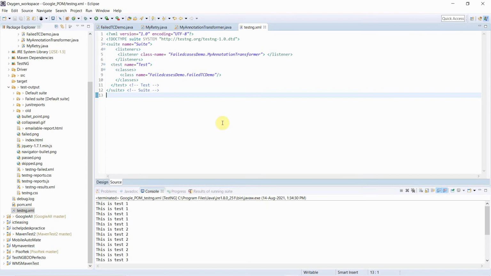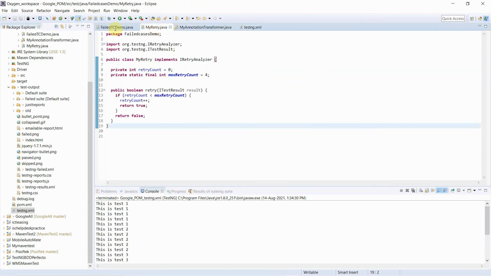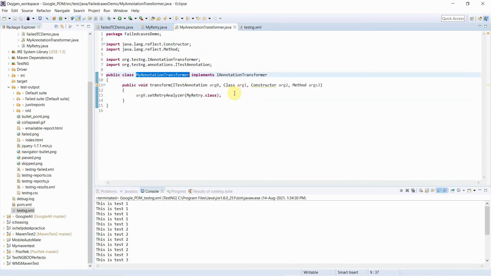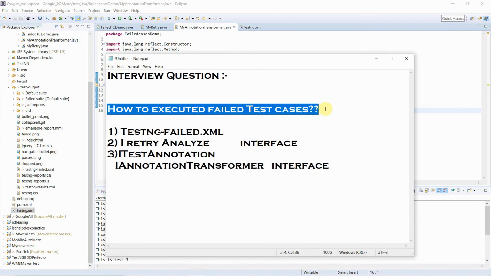So this is the best way that the interviewer wants to hear, and we have to implement in our framework how we can add IRetryAnalyzer and IAnnotationTransformer to execute the failed test cases. Okay, this will be the exact answer to this interview question. So thank you, guys. Have a great day.